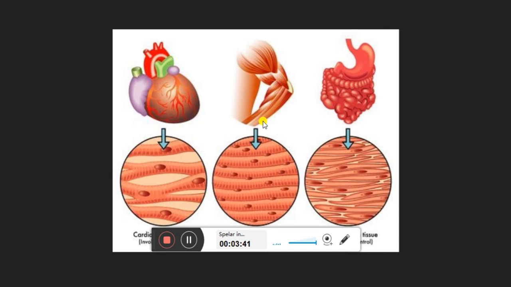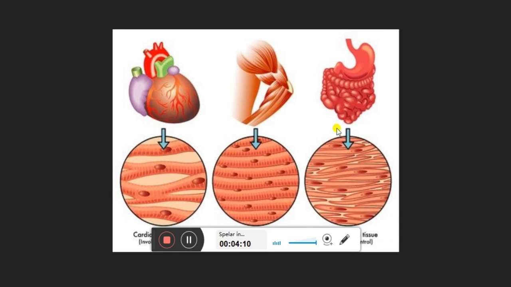Skeletal muscles are also known as the voluntary muscles, and they are also known as the striated muscles. They allow the movement of the hand, leg and other body parts, and depend on your wish. When you want to move from one place to another, only then will they start working, otherwise they won't. And the third one is the smooth muscles. Smooth muscles are also known as the involuntary muscles. They are not in our control.